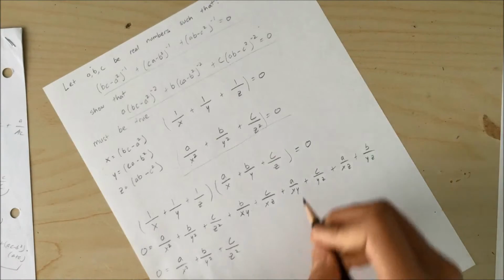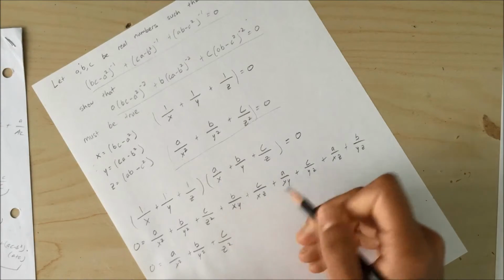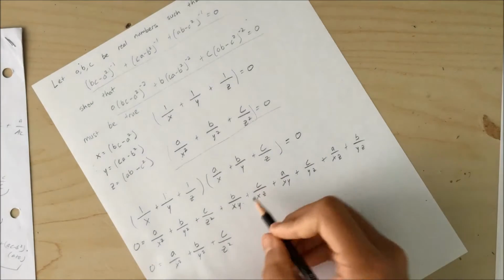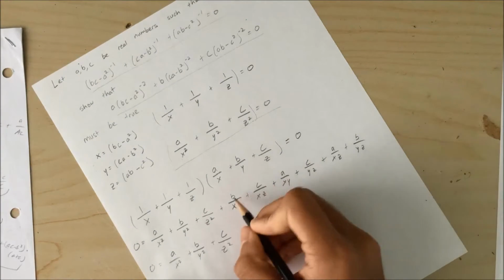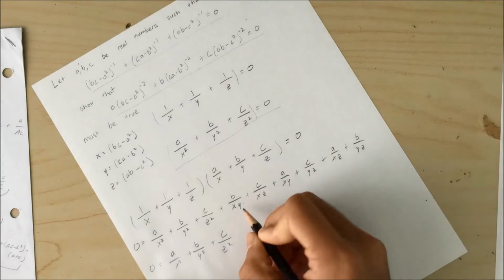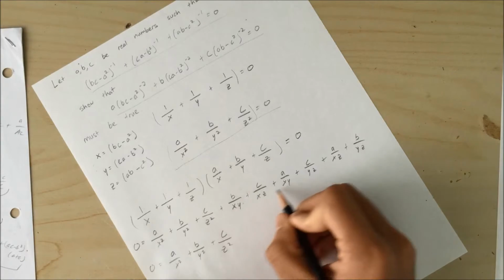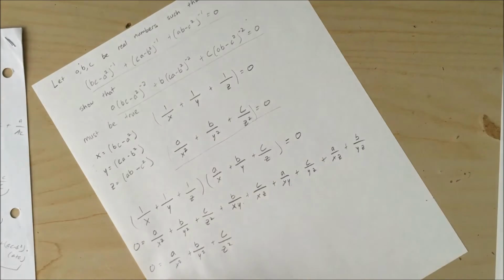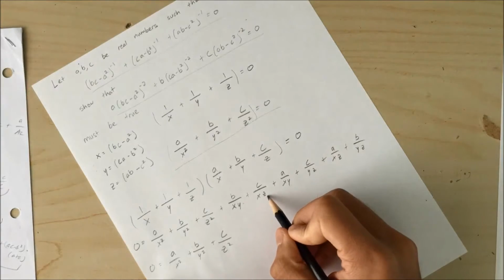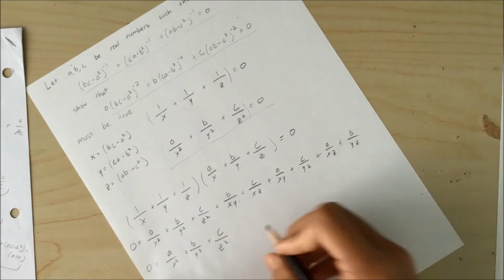What I mean by this is that if we have b over xy plus a over xy, both of these terms don't have a z at the bottom, so we can multiply z at the top to get a common denominator of x, y, z. Do the same process for each of these with the term it doesn't have in its denominator, and what we're going to result with